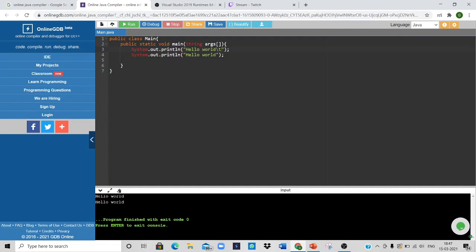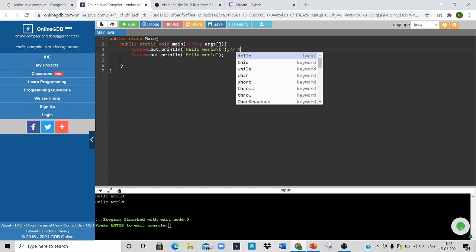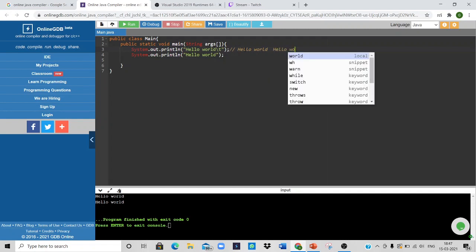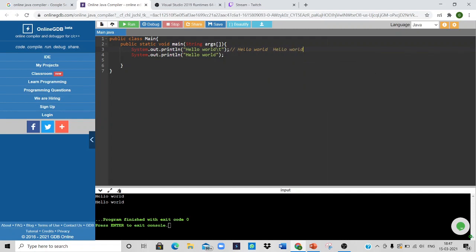It will be something like this. I'll just write a comment here. If you use slash t, you will get an output like this, a single tab space between these two words. That's the difference.